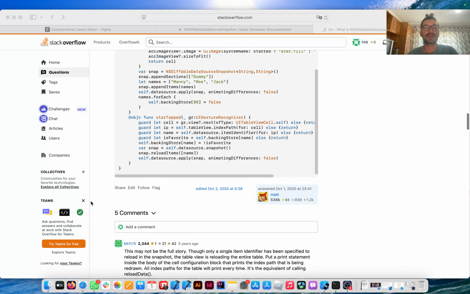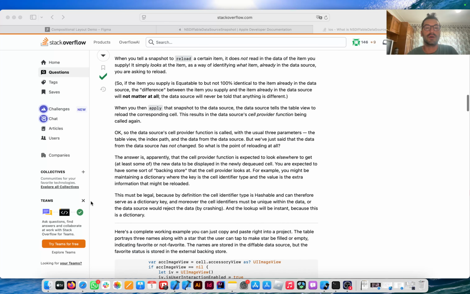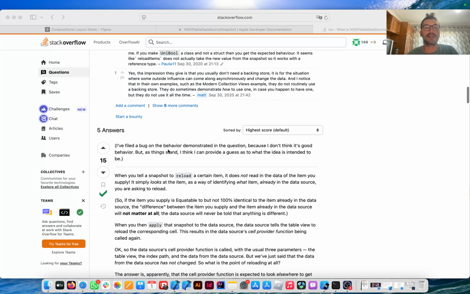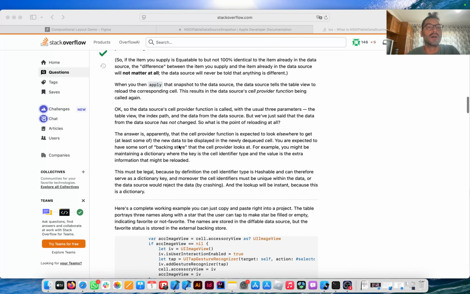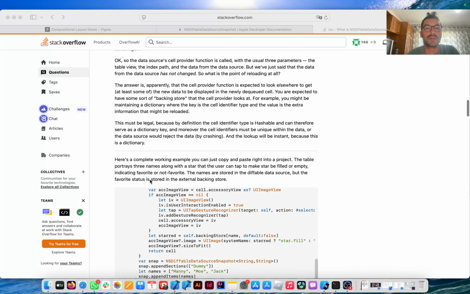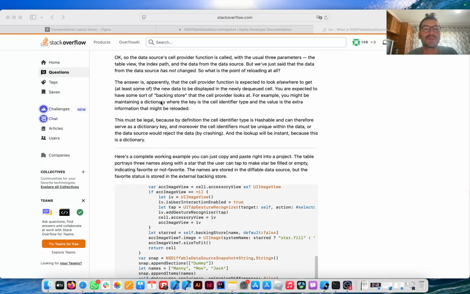Okay, so there's a lot about the reload method here. The person who asked the question is saying they filed a bug for this behavior, and it appears they're not happy with how it's behaving at the moment. The answer is that the cell provider function is expected to look elsewhere to get the new data to be displayed in the newly dequeued cell. You have some sort of backing store that the cell provider looks at. For example, you might be maintaining a dictionary where the key is the cell identifier type and the value